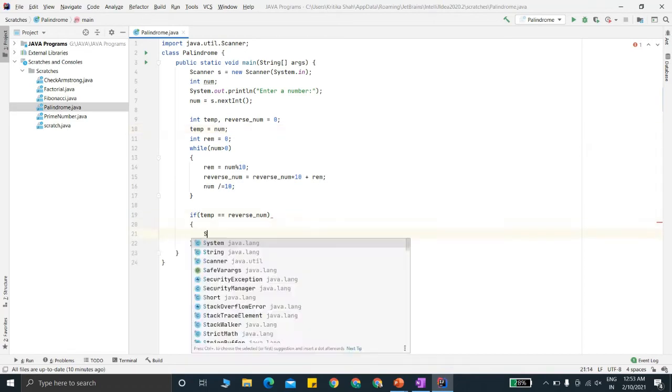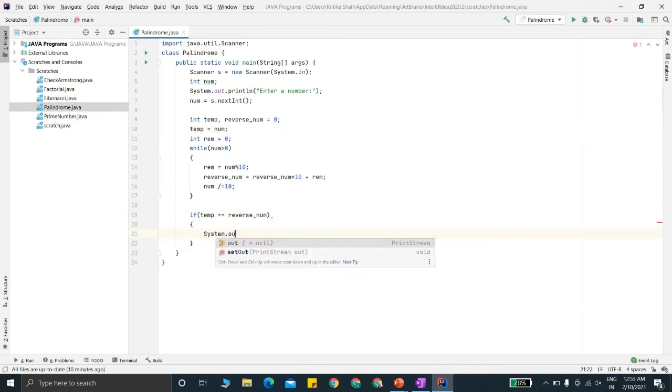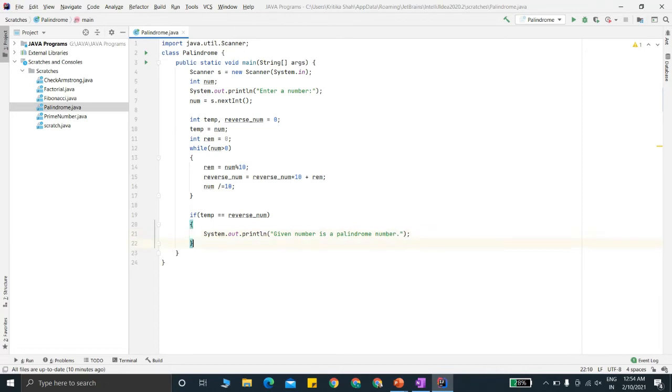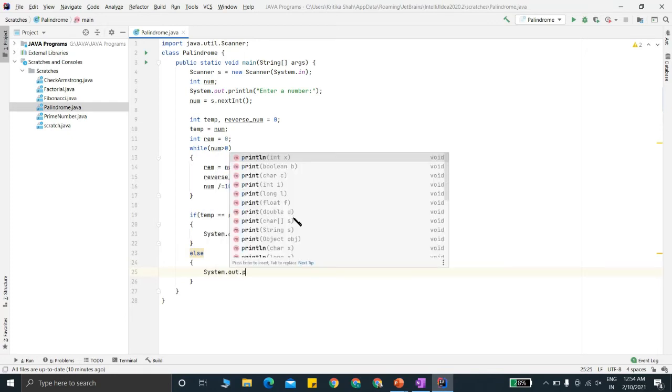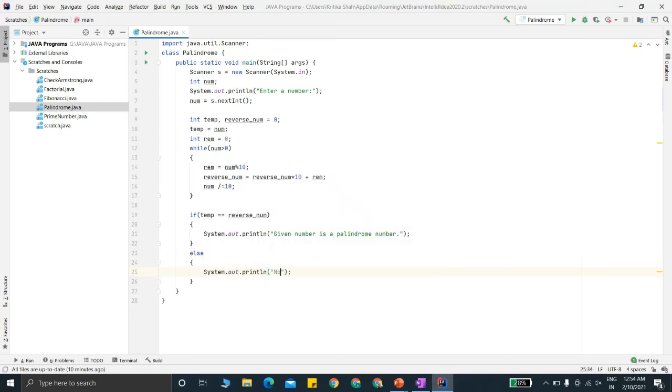So if both are equal, then we'll write "given number is a palindrome number". Else, if they both are not equal, we'll write "not a palindrome number".